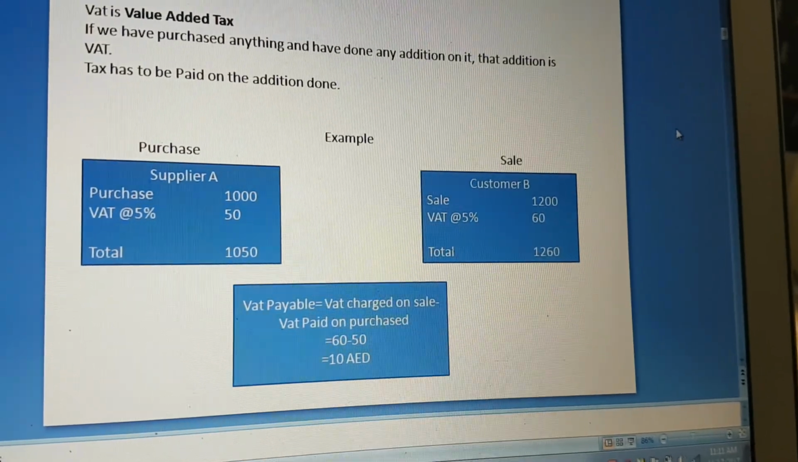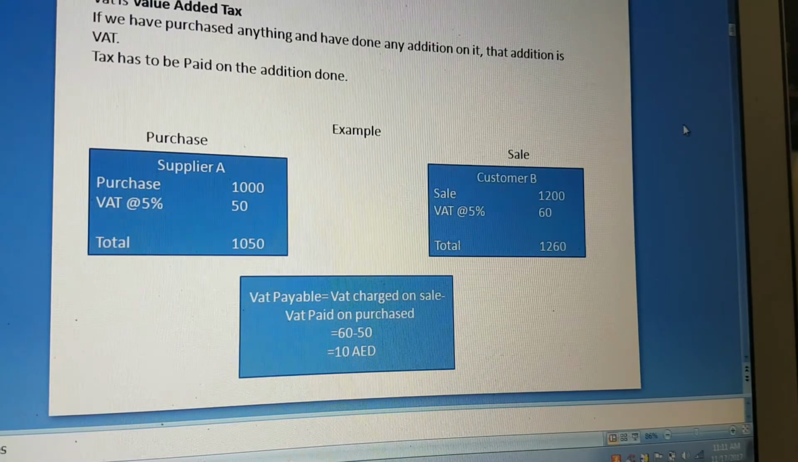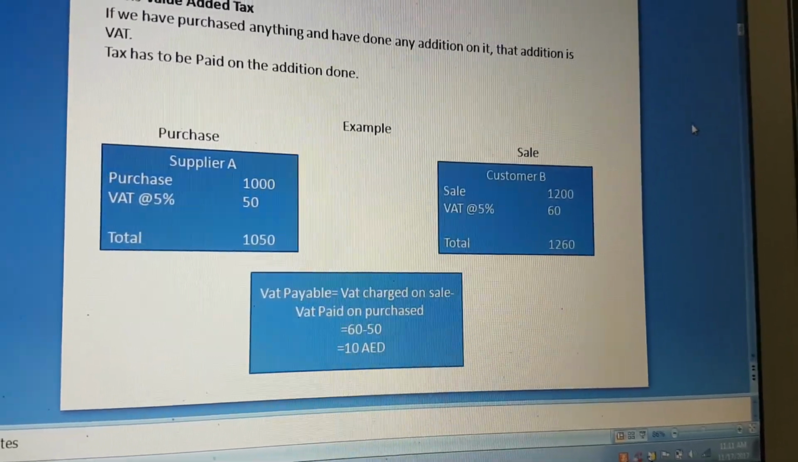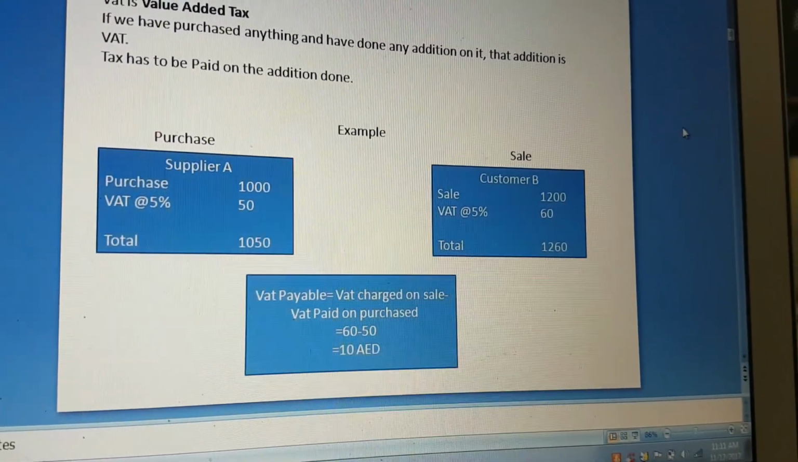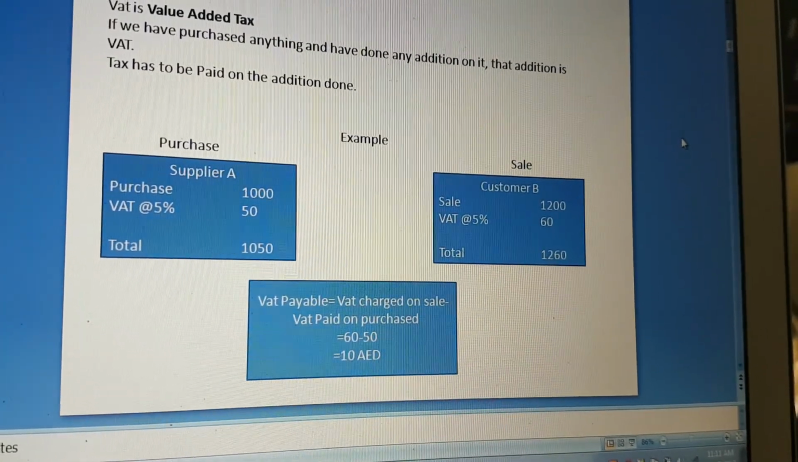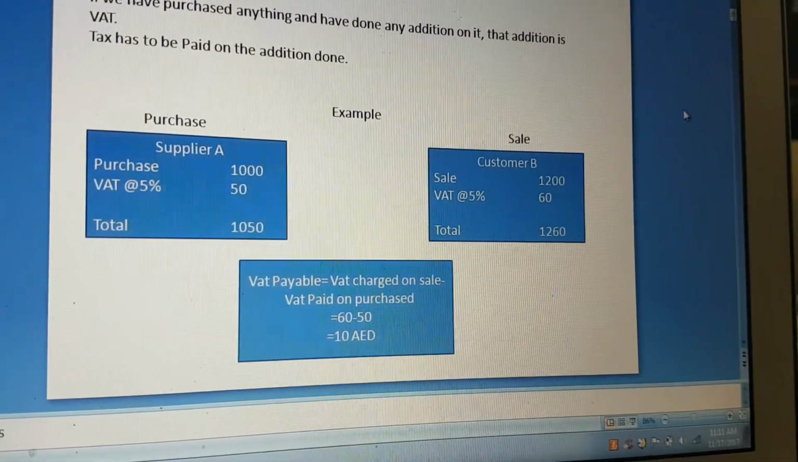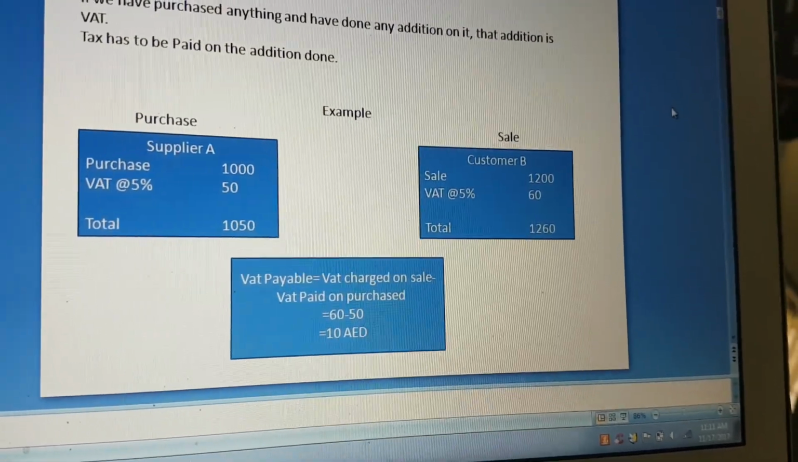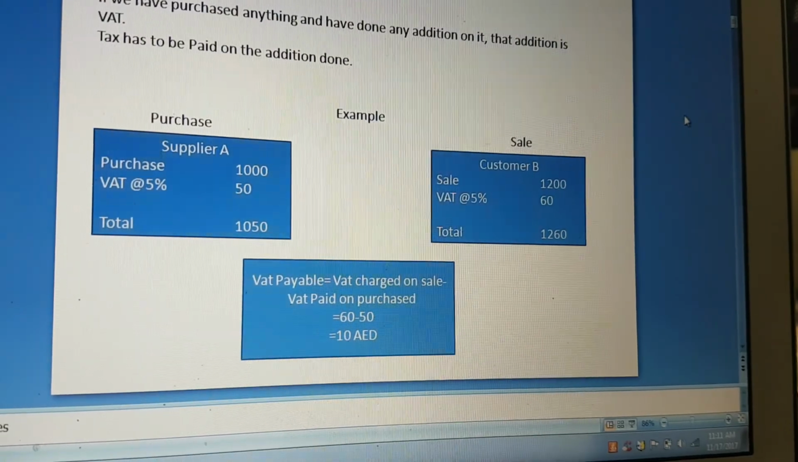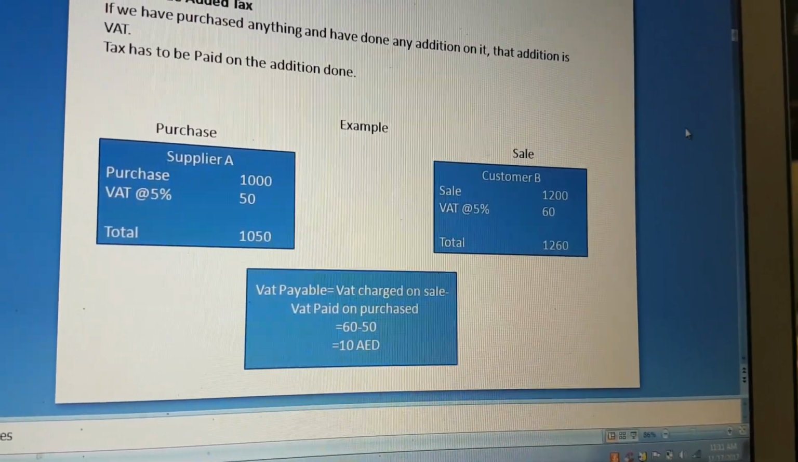Let's see it with the help of an example. Like we purchased from supplier A. Let me take an example of dolls. We purchased dolls from supplier A. The value was 1000 dirhams. VAT at the rate of 5% is 50. Total is 1050 dirhams. Now we sold to customer B. Sale at 1200 dirhams. VAT at the rate of 5% is 60. So total is